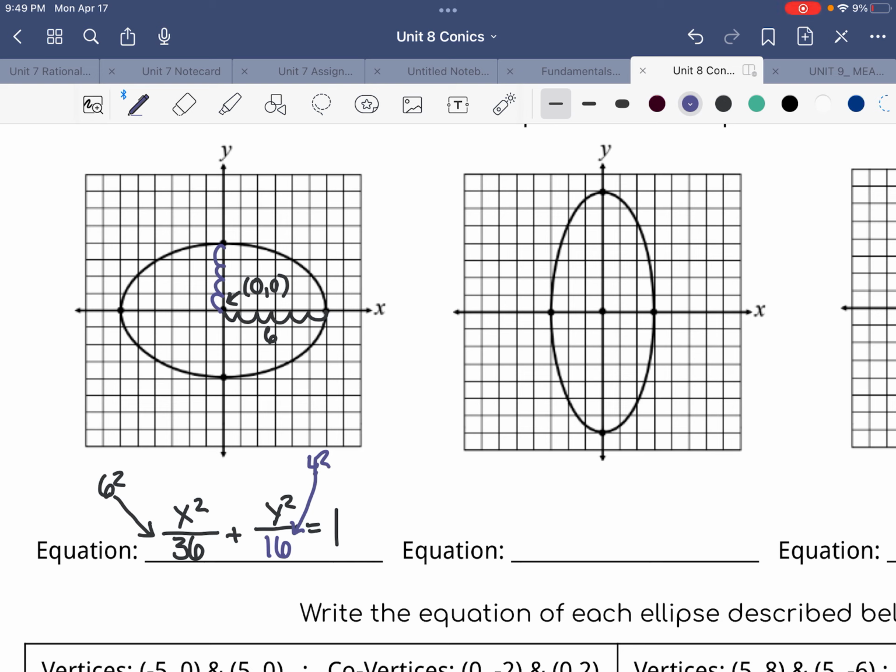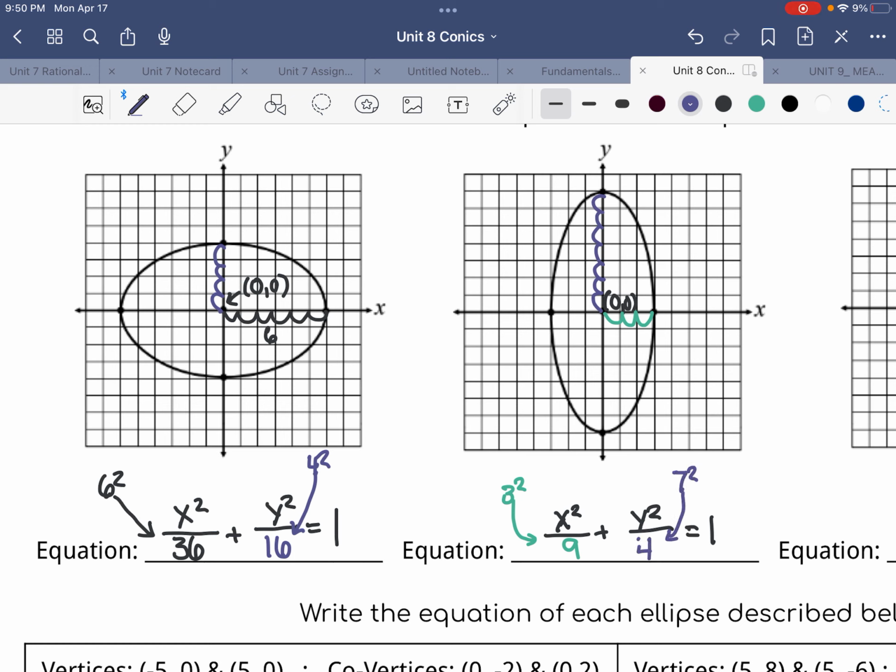Okay, let's try another one. If you're given the graph, you look for the center first. This one is also 0, 0. So it will also start as x squared over and y squared over equals 1. Then you just count it out. In the x direction, it's going over 1, 2, 3. 3 squared is 9. So it'll be x squared over 9. And in the y direction, it's going up 1, 2, 3, 4, 5, 6, 7. So 7 squared